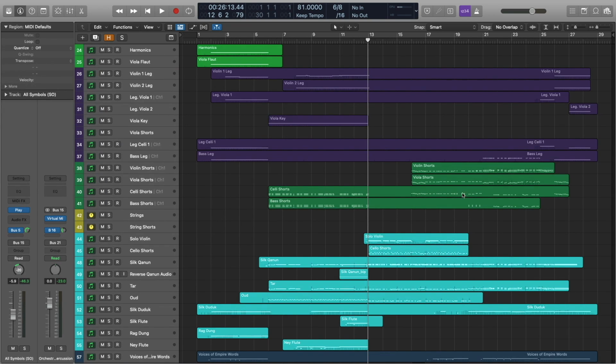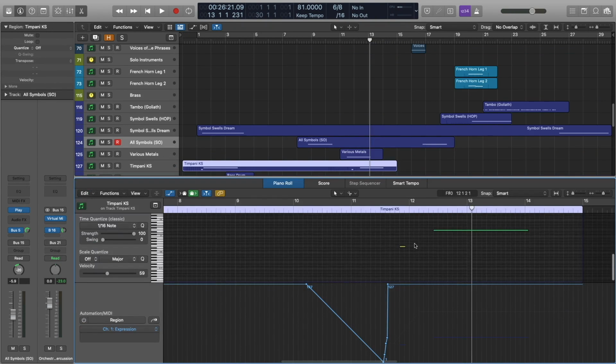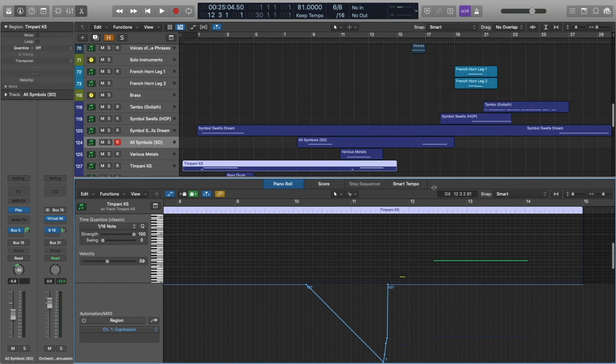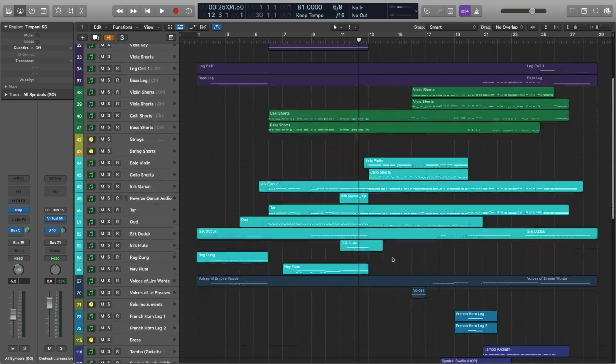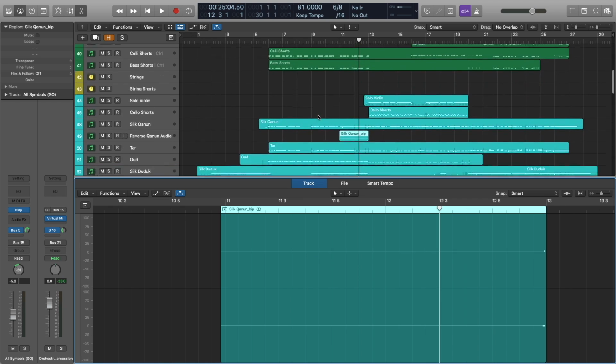There are a couple transitional elements that we do need to talk about here. So let's start one bar out. Actually, let's start 2 bars out so that you can hear it. Okay, so really all you've got here is a timpani roll, and that is being joined by a reversed note from the kanun.